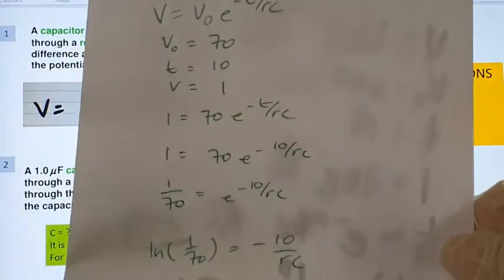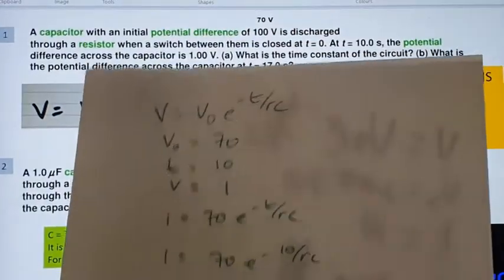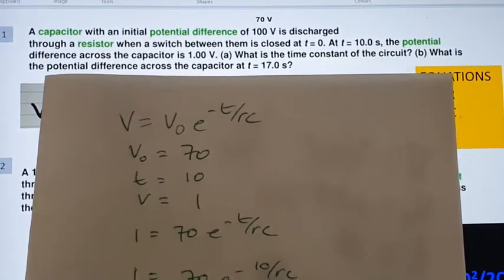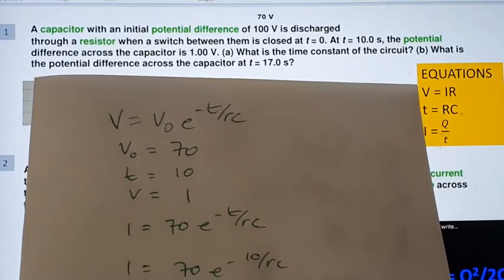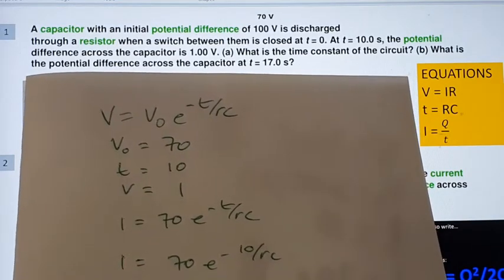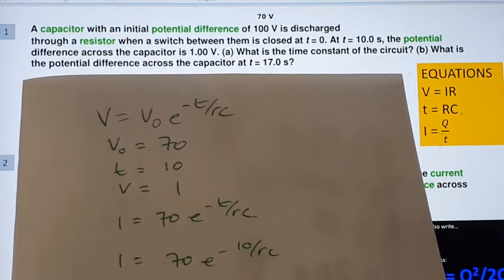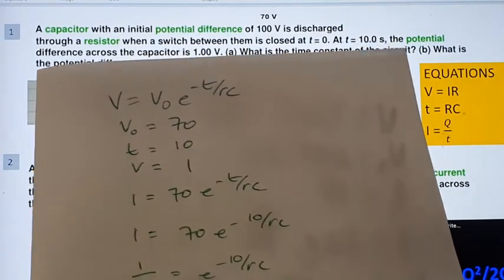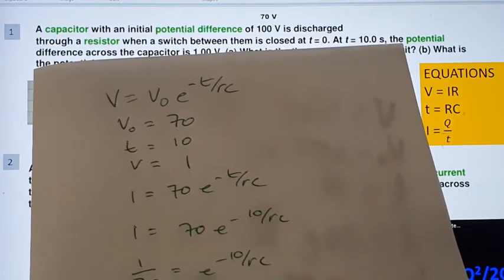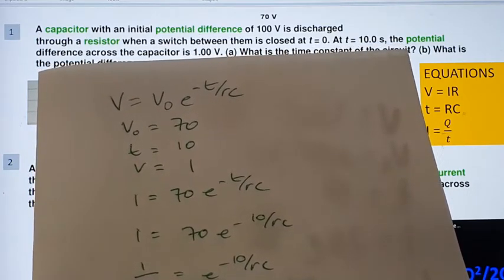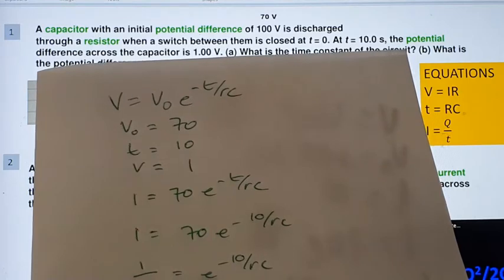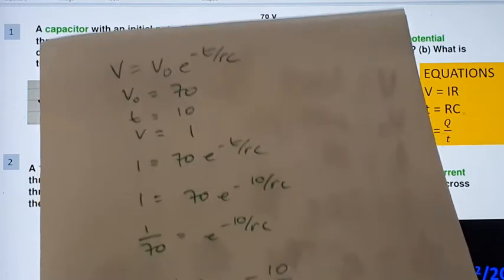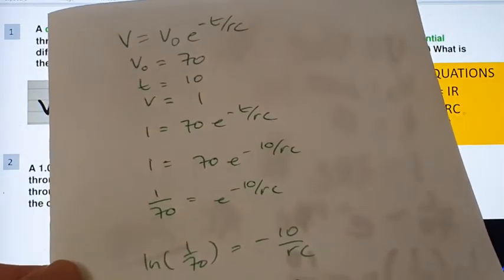All right, so let's just recap. V is equal to V naught e to the minus t over RC. V naught is the initial voltage. In this case, I'm going to use V naught as 70. Obviously, in the question, it will be 100. So t is equal to 10 seconds, and V is equal to 1 when t equals 10. So substituting all that in, 1 is equal to 70, where 70 is V naught, e to the minus t over RC, and you know that t equals 10. Just put all these values in and then rearrange